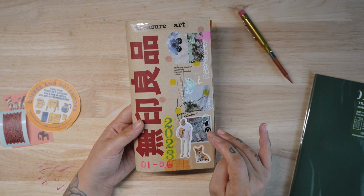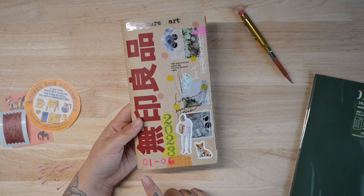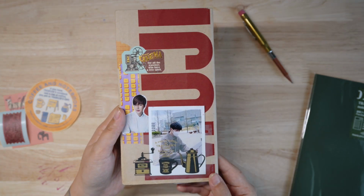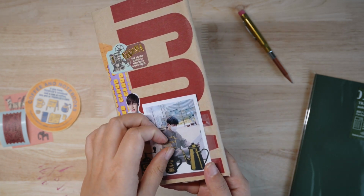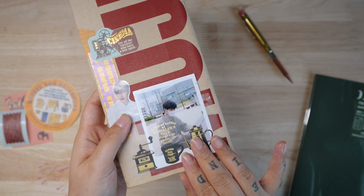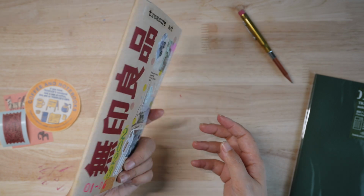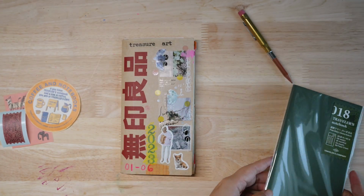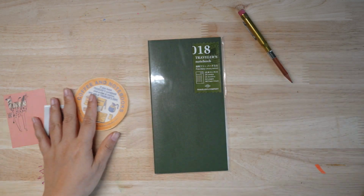This is the washi tape, and I wrote the months here, January to June. And on the bag I added images of Kim Seong-ho that I really like. He's a Korean actor, and Lee Min-ho. So yeah, that's all. I didn't want to do anything with it, but I'm going to decorate this with some stickers,